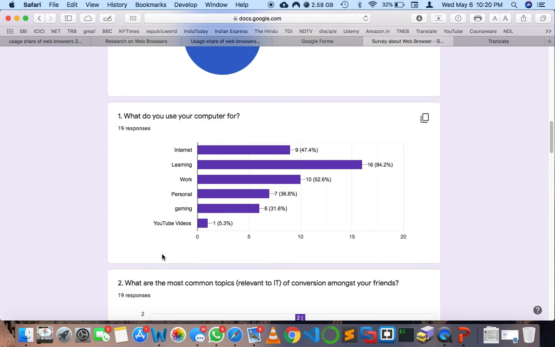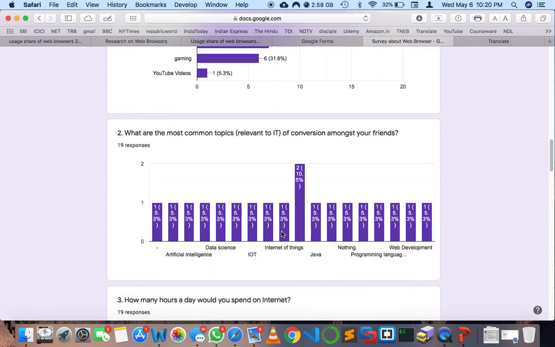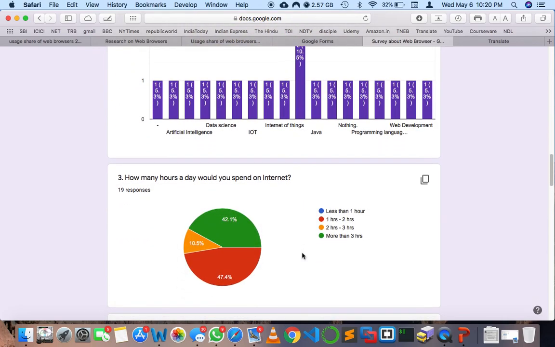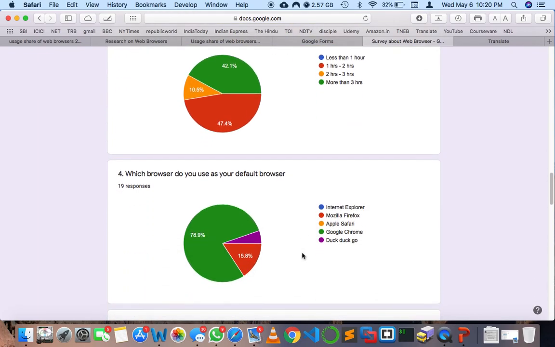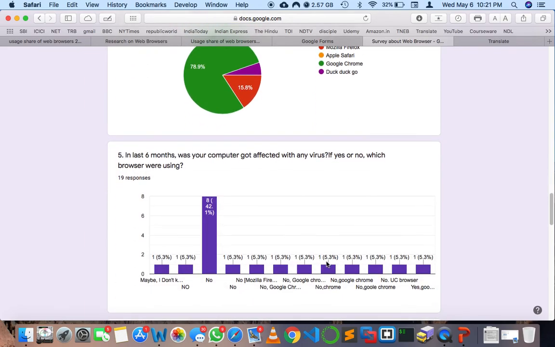Mainly this group uses the computer for learning purposes, and mostly they discuss topics among their friends, mainly related to IoT today, and they spend more or less 3 hours on the internet. Their preferred default browser is Google Chrome, and the next one is Firefox, and the remaining part goes to other web browsers.